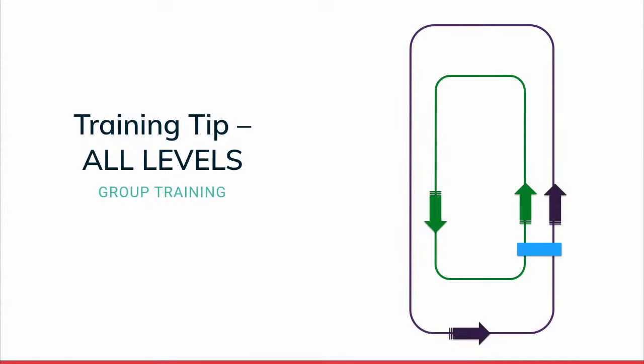Likewise, for a track-based session, maybe you have different lengths. So the faster runners are maybe running on the outside of the track, and maybe they are doing 400-meter repeats, for example. But those who aren't as fast, maybe they're on the inside and maybe they're running 300 meters. So that way everybody is starting and finishing at the same time. That's better for group cohesiveness. It's better for you as a coach because you're not there for 2 hours.